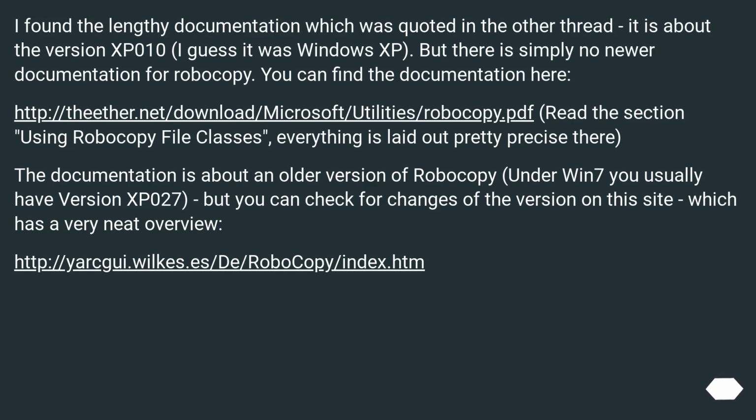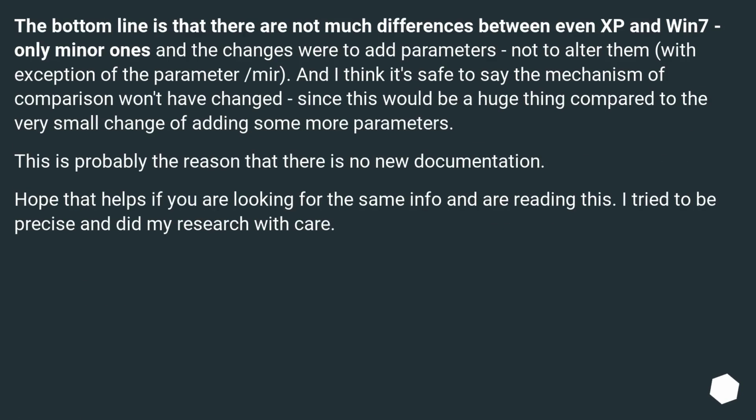The documentation is about an older version of Robocopy. Under Win 7 you usually have version XP027, but you can check for changes of the version on the site, which has a very neat overview. This URL. The bottom line is that there are not many differences between even XP and Win 7, only minor ones,